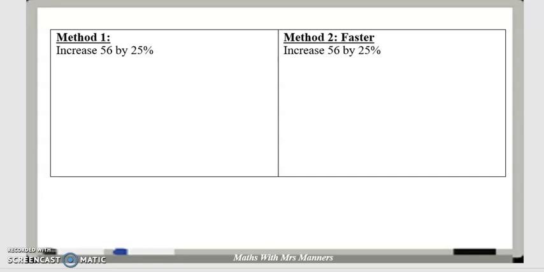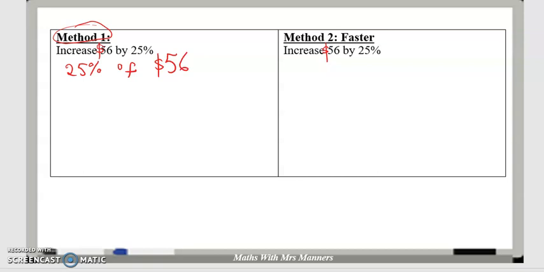One way we can change it is maybe to give some units, increase $56. In fact, we might do that because it makes a bit more sense. You've got $56 and we want to increase it by 25%. So what we need to do first, this is method one, is really we need to work out what that 25% is. So if I've got $56 and I want to work out 25%, we've learnt